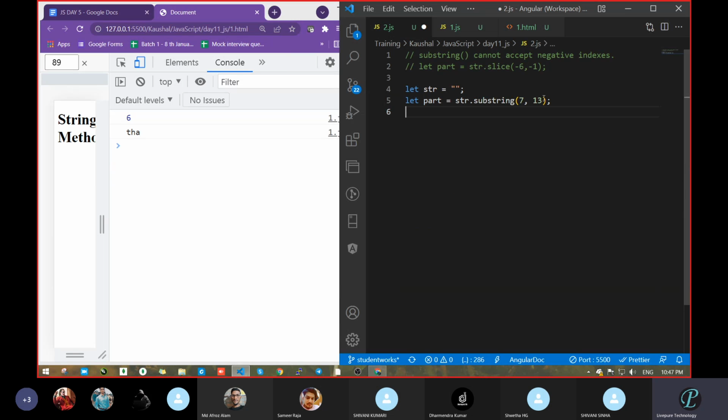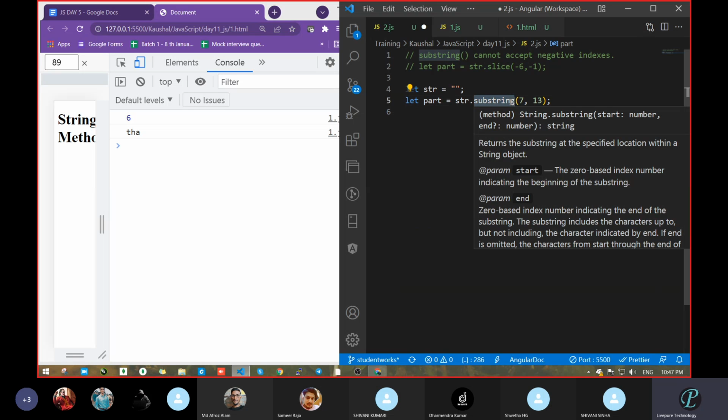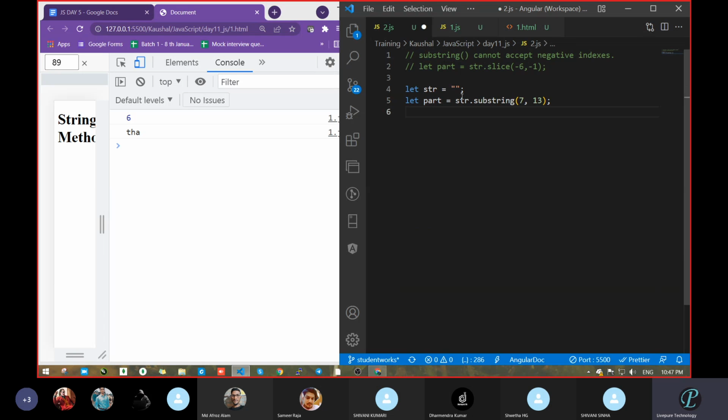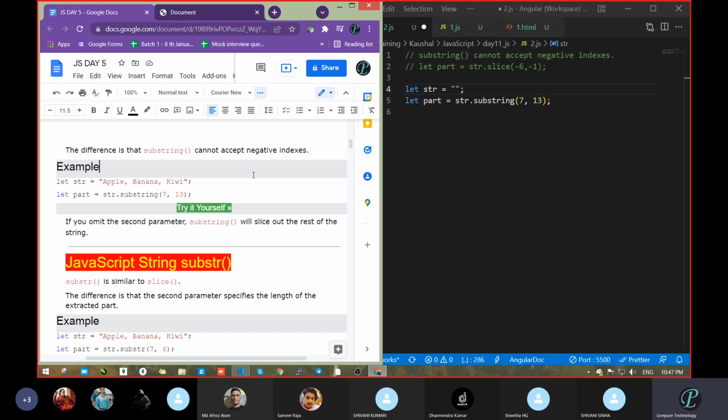Okay, so what we will do here, we will go and check with the substring method. Let's see what it will do. So here we will take some name. Do one thing. Now whatever name is written, we will take that itself.